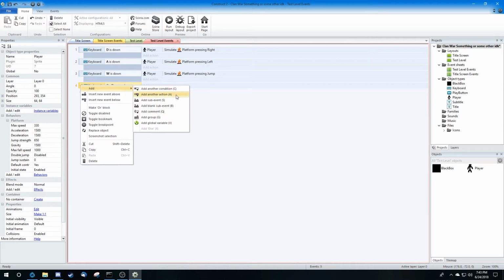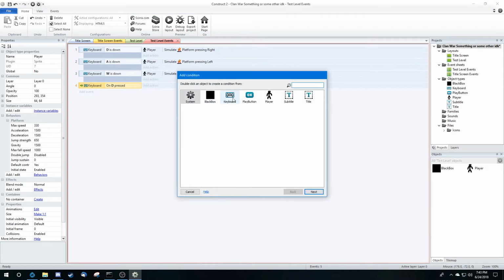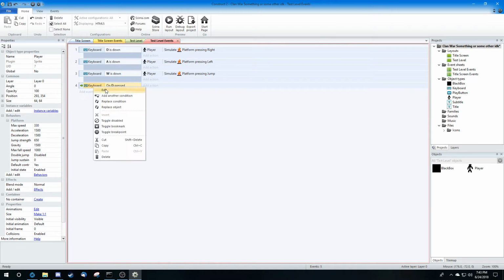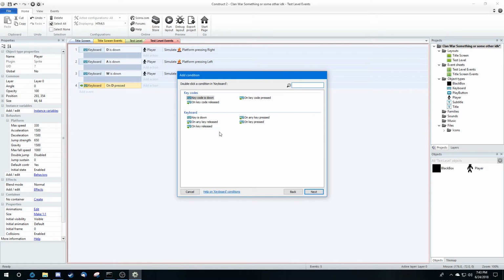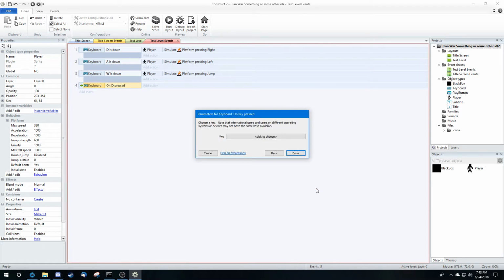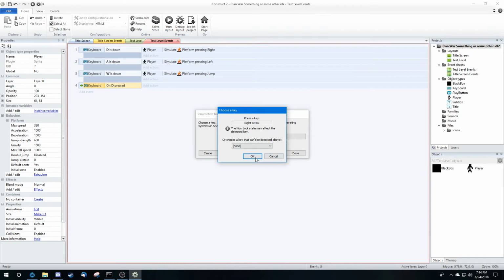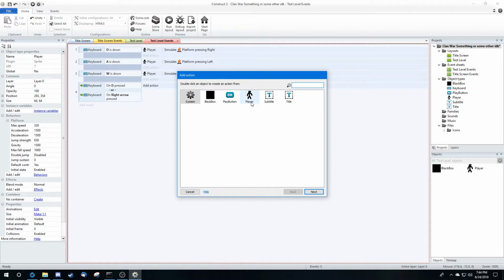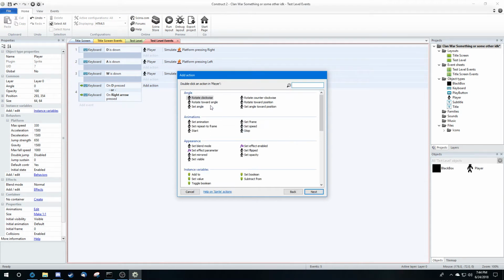Hold on. How did I do this before? Oh, make it an OR block. There we go. On key pressed right arrow. So we're saying when either of these 2 actions happen, we want to change the player's animation